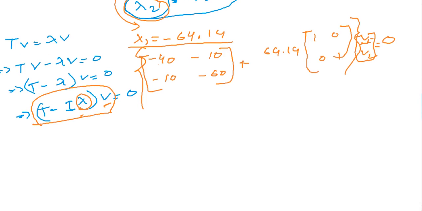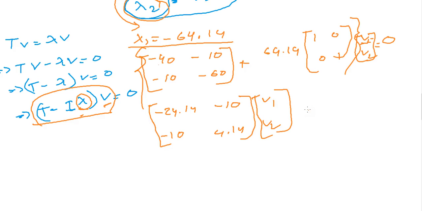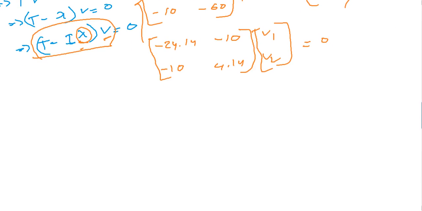Yeah, so what is this? So if you calculate this, then you can find it: 24.14, minus 10, minus 10, 4.14, times v1 and v2 is equal to 0. So if you normalize to the unit vectors, then we will find v1 1 corresponding to eigenvalue 1, right? And v2 1, corresponding to 1, is equal to, so we find here